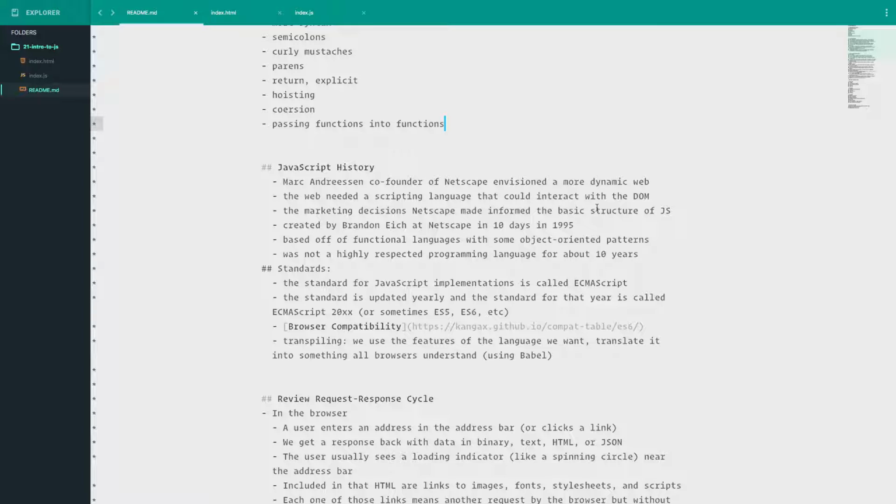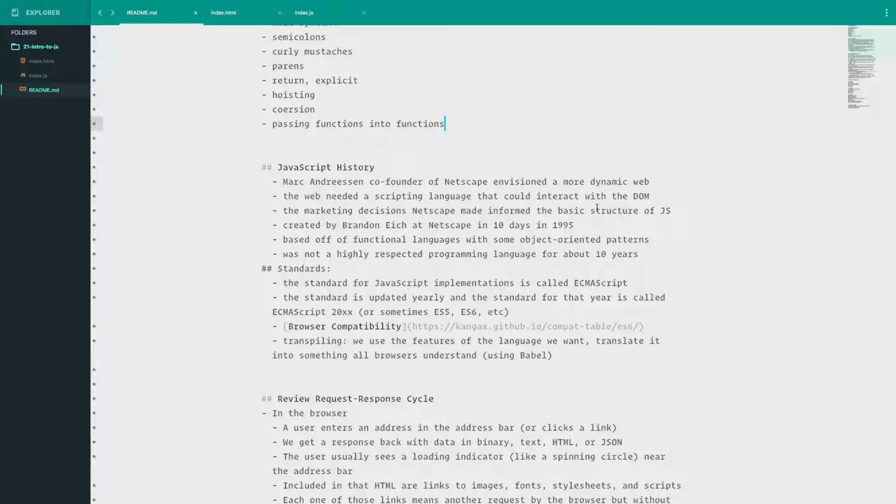So JavaScript is here to stay. It's also one of the only languages that can run in the browser. And it would be very, very hard to come up with a brand new language that's cross-compatible across multiple browsers and be able to use that. So JavaScript is here.